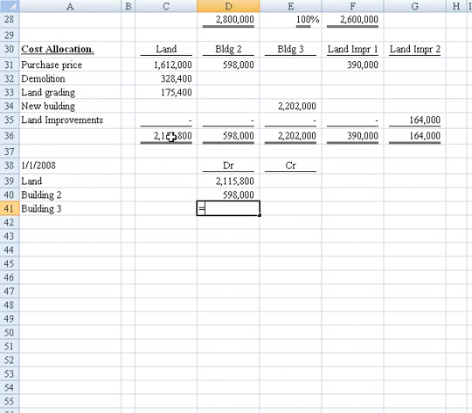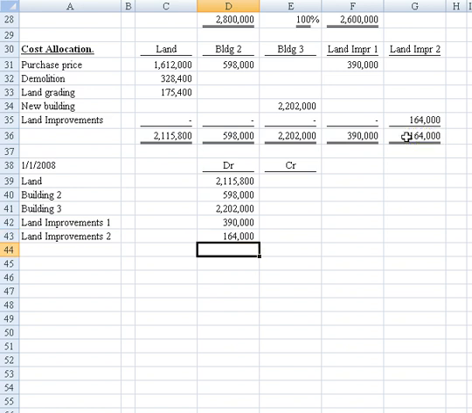Building 3 will be equal to the 2,202,000, and then we're going to enter an account for land improvements 1 and one for land improvements 2. I'll just copy this in, enter it now. So there's land improvements 1. Here we put the debit to land improvements 2,